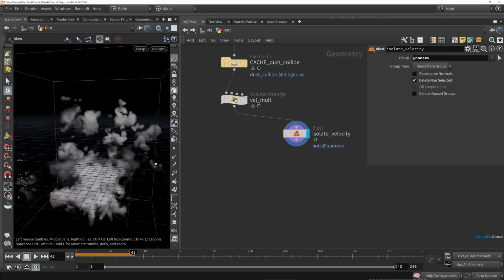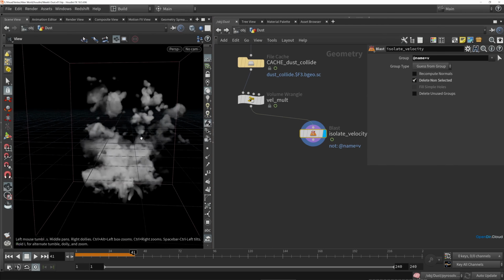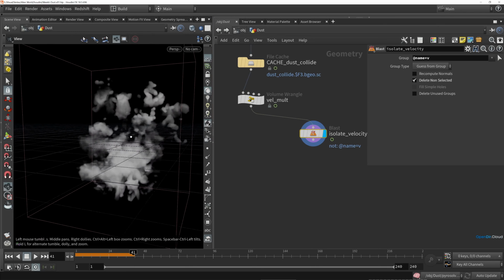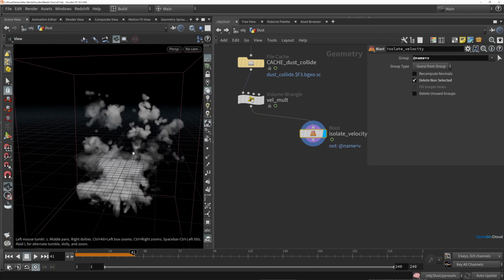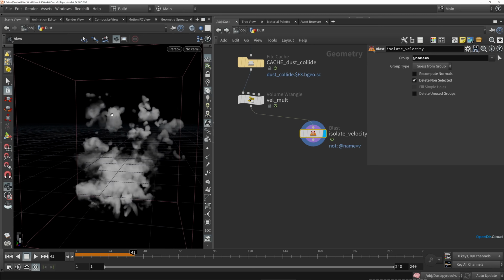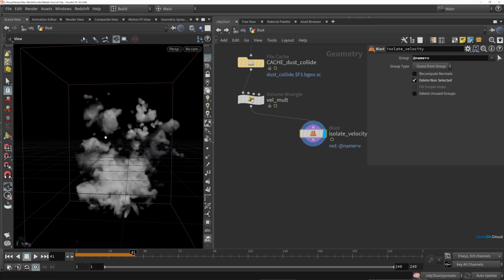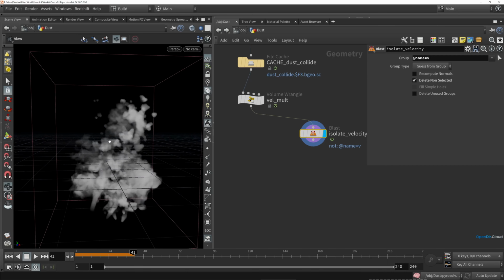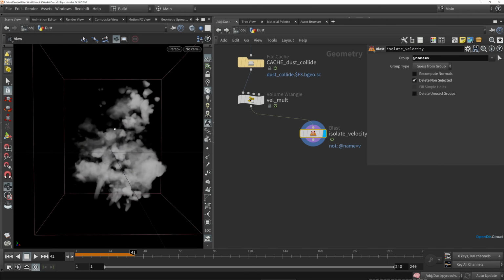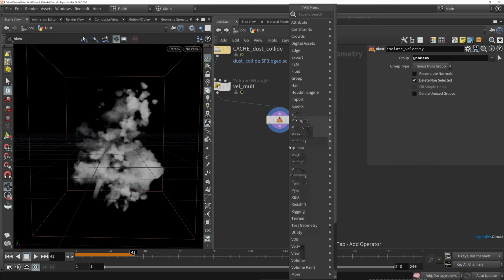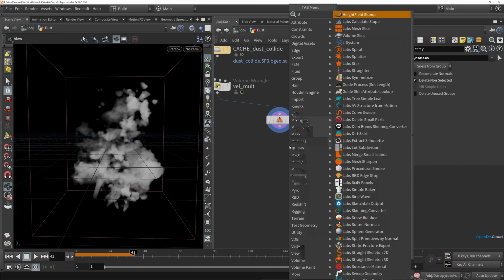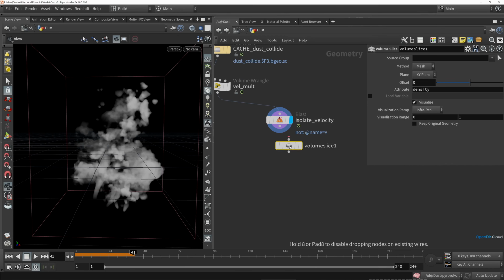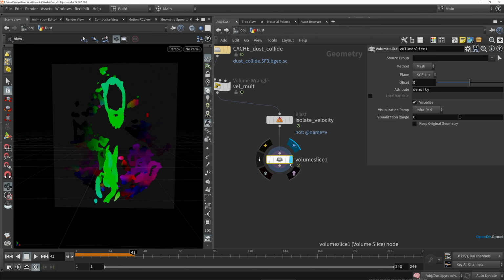And the velocity looks a bit weird when you just look at the default view of this volume. This sort of fog display doesn't really have any good way of representing these velocity vector values. Those velocities are really just directions with a magnitude, and we don't have a meaningful way of representing that with this sort of default display here. So we need to look at this in a different way to see what's going on in there. One tool that we can use to look at these values is the volume slice. So if you drop that in and connect it to our isolate velocity here and display that,